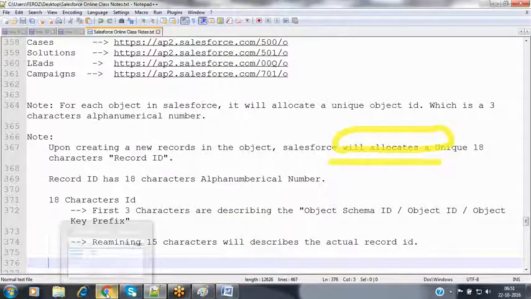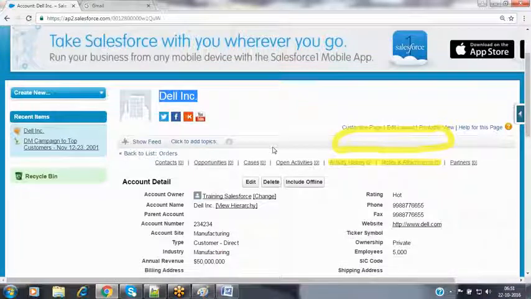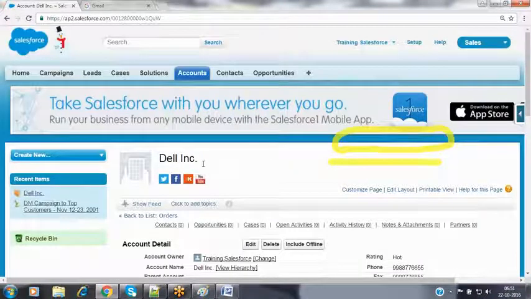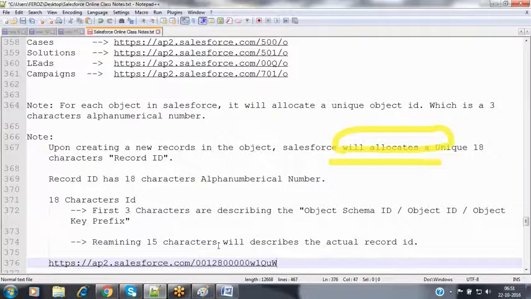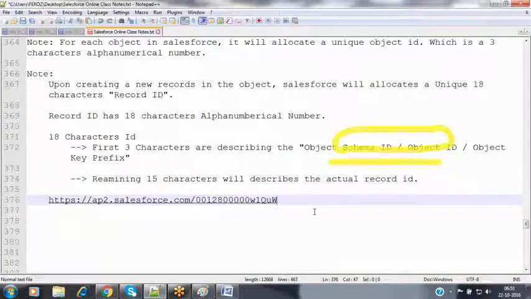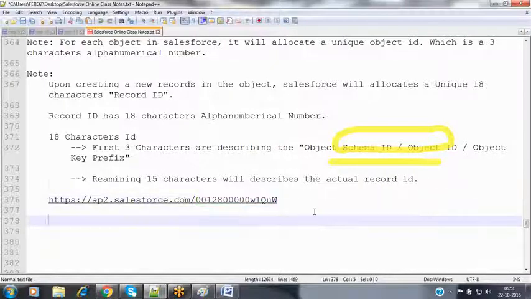Now let's see. Go to your Salesforce instance. Just now we created one account record with the name Dell Incorporation. When you go to that URL, the ID is available to you. Copy that URL and paste it. Observe this one, what we have identified. Along with that record, you have the ID as well.